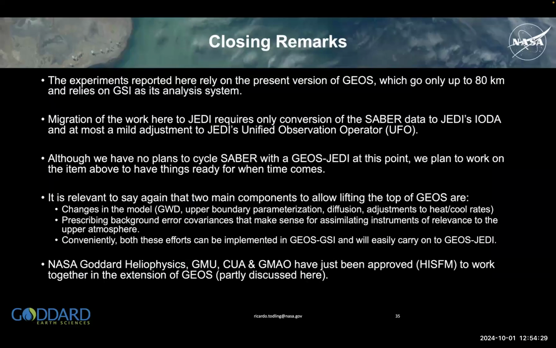So just to close, I don't know if I went too fast, or maybe it was okay. What we have been doing is working toward improving GEOS and replacing the current GSI type analysis system with a JEDI based one, for this mesoscale type extension of GEOS up to 100 to 150 kilometers or so. We envision a variety of observations going in, the first one being SABRE, which is something that we are working toward